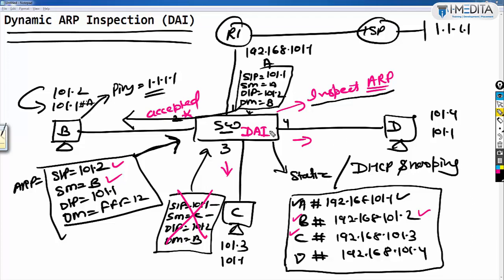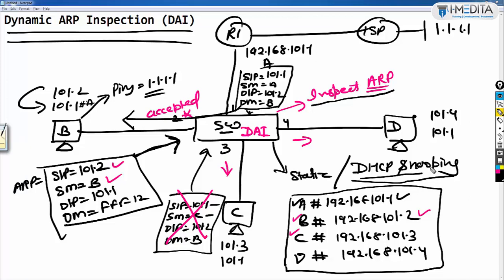Again I am repeating. You will use two types of environment in your network, either static. If you are using static, then you have to define static ARP entries on the switch, or IP to MAC address mapping. And if you are obtaining IP addresses on clients via DHCP, then enable DHCP snooping in your network that will automatically maintain a database of which IP address is assigned to which MAC address, and what DHCP snooping is we will discuss in later videos.